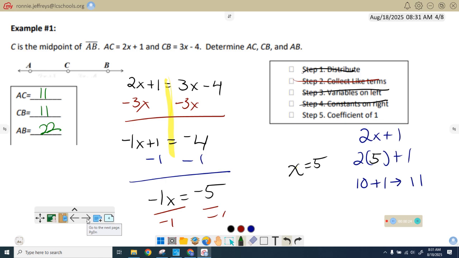So here's the deal. You're going to be given two line segments. You set them equal to each other. You solve, you plug in. That's the big nutshell of the lesson. Okay? Now, in each of those things, you have your little side quest, right? Y'all, you have to do this. Yeah, right. So,